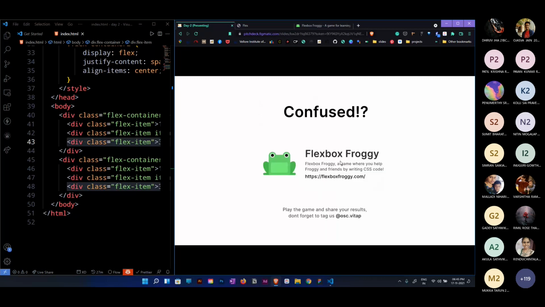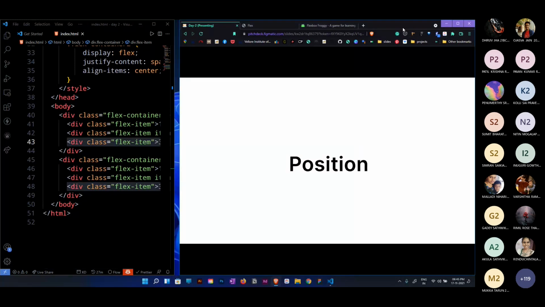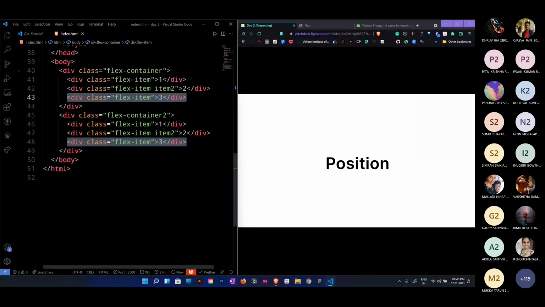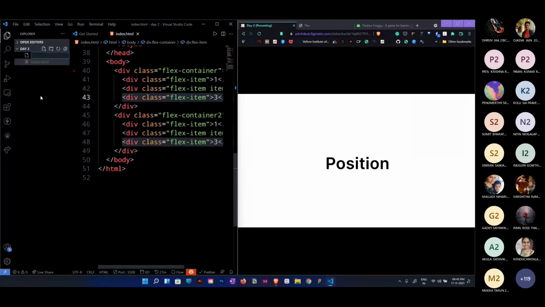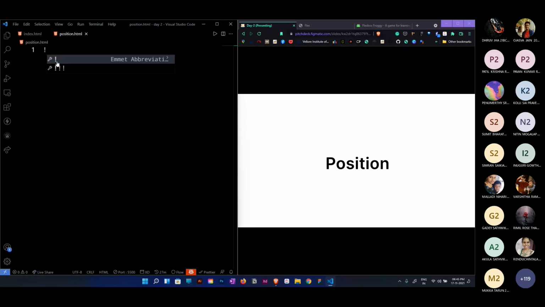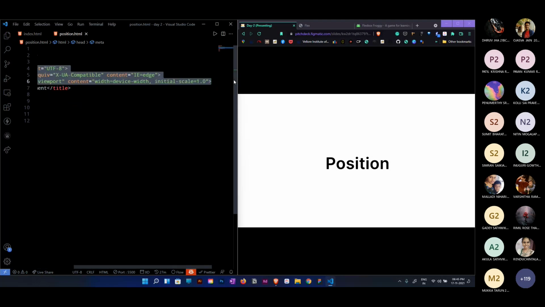The next property we are going to discuss is position. Let me make a new file for position and draw up a template.